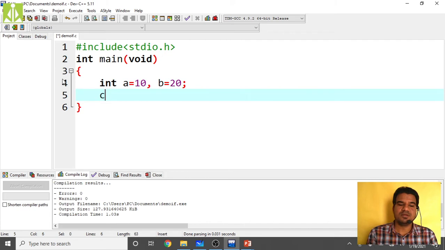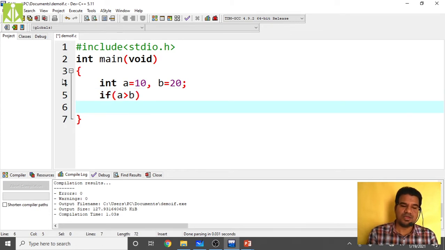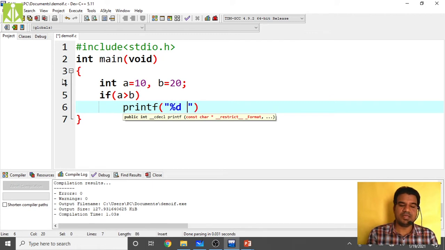Here we have already initialized the a and b values, so simply frame the condition now. If a is greater than b, then printf "%d is big" and print a.